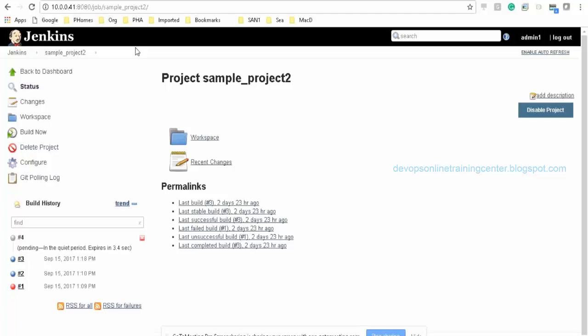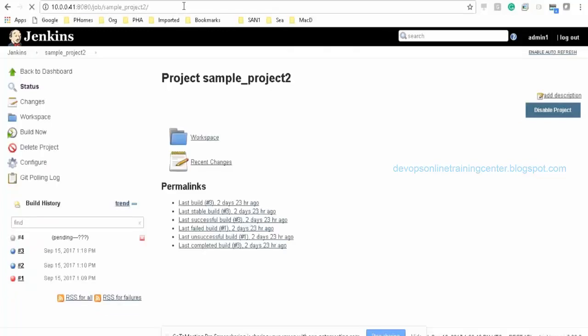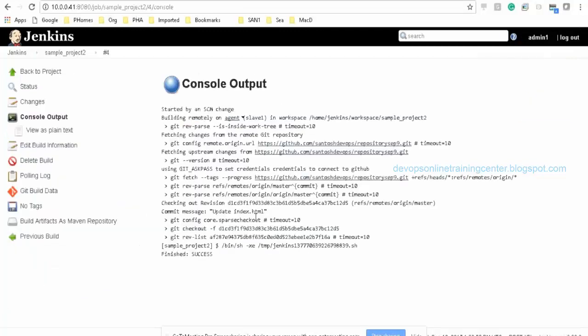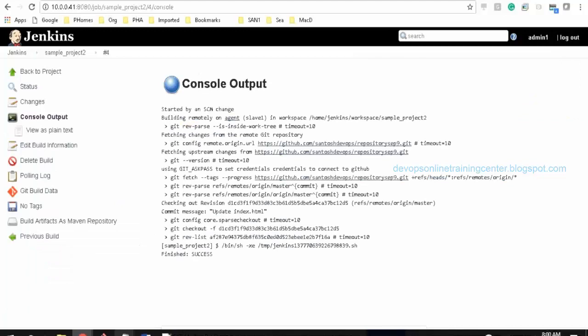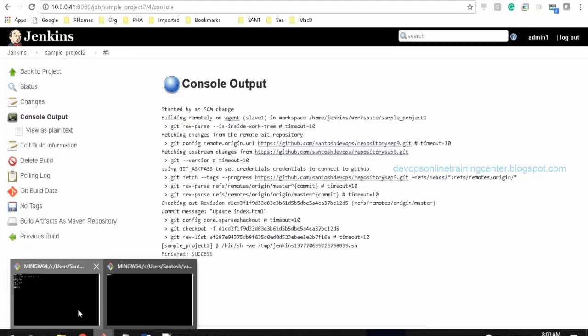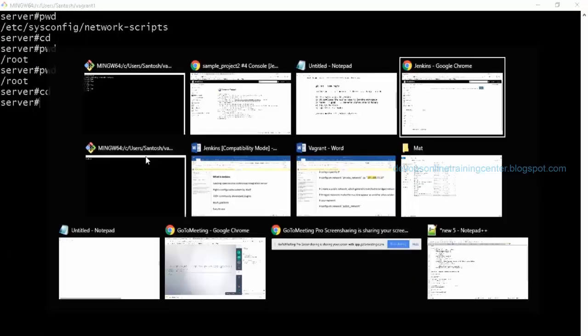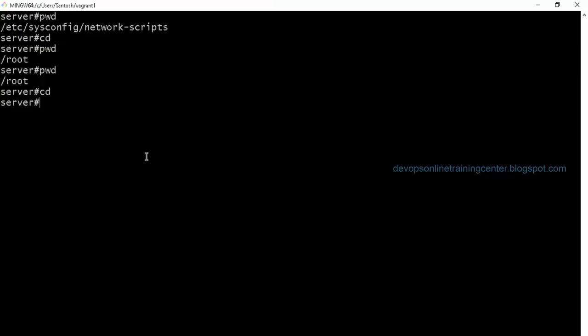So there is a new job started with number 4. We didn't start it, it picked up the change automatically. The next step is it will download it to the Jenkins workspace. Where is this downloaded, master or slave? I think we selected slave in the job.